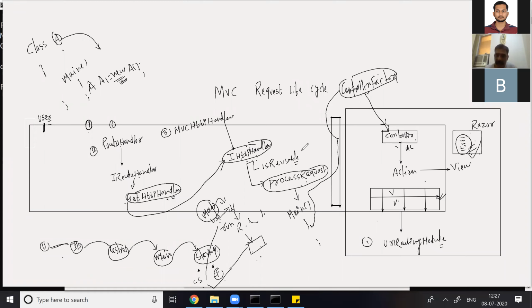Similarly, Sandeep sir, you customize it in such a way that in the MVC request lifecycle, you should not load the controller into memory. Okay, Sandeep sir, I got your point. I should not load the controller into memory just for messaging, just for popping up messages, or text messages, whatever.